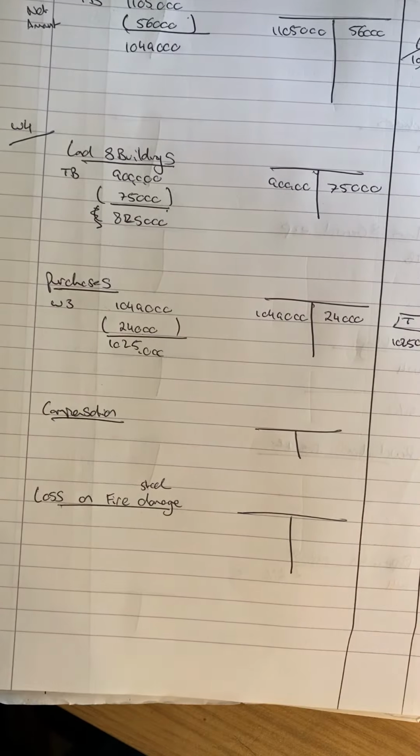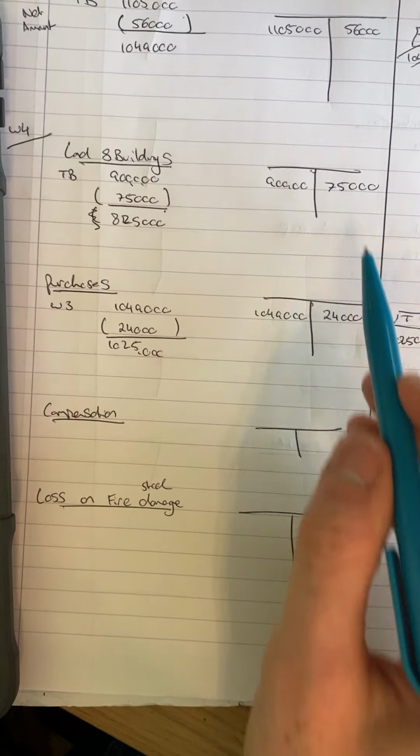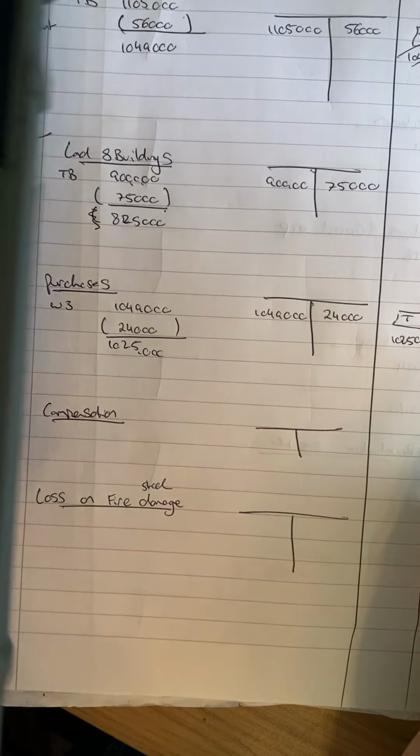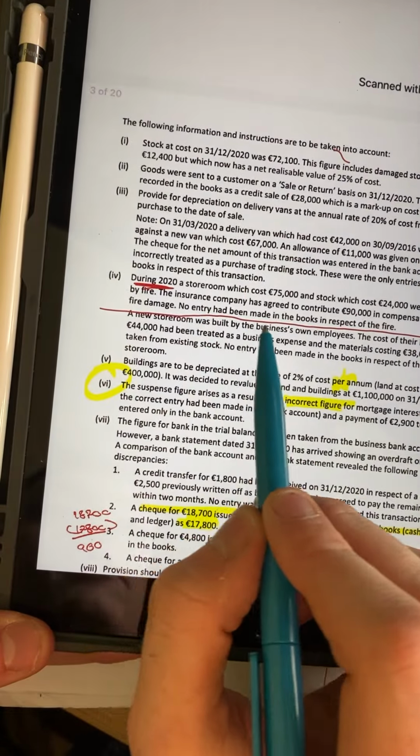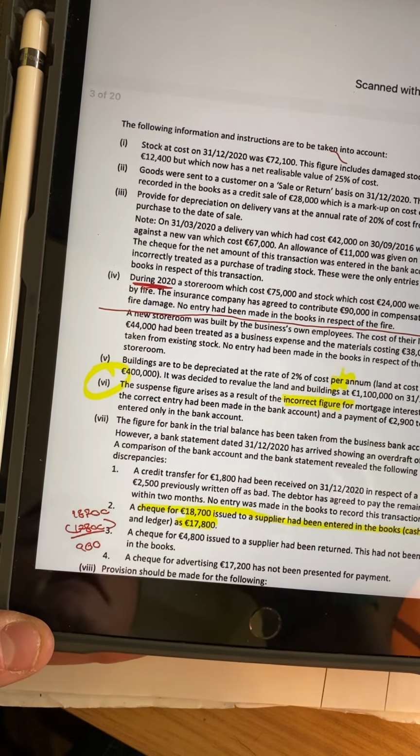So again, I know that where this figure has to go is the trading account at the minute. Okay, now if I go back to the question, it specifically tells me here that both those were destroyed. So as you can see, I've got 75 and 24 on the credit. That equals 99. Now they're telling me in the first half, above the red line there, that the insurance company has agreed